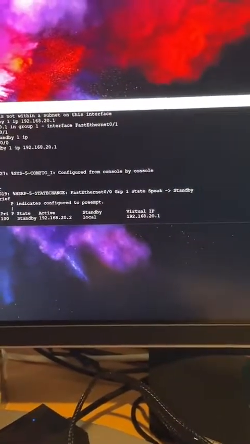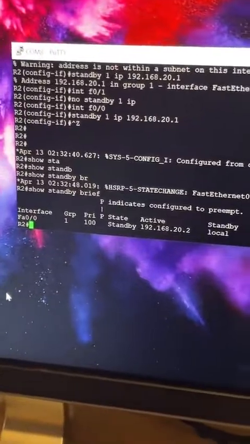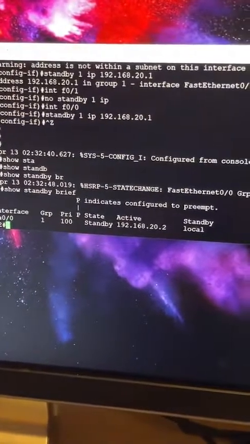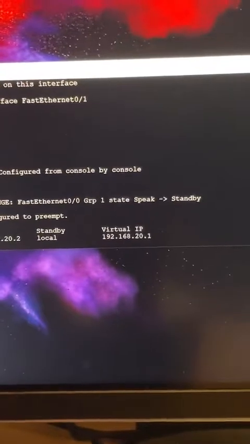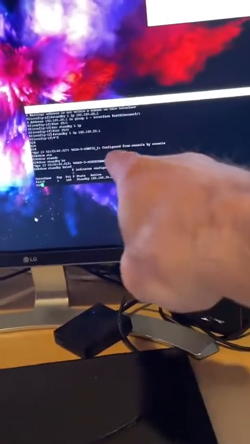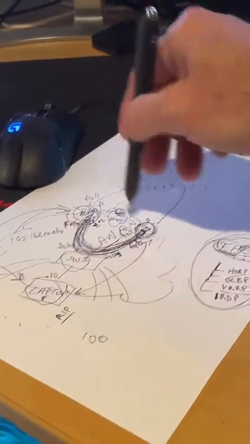There we go. Cool. So we're on router 2. Router 2 is the standby router. The active router is 20.2. Standby is local, and that is the virtual IP. All right. Now, before we can test redundancy off the LAN by bringing down one of